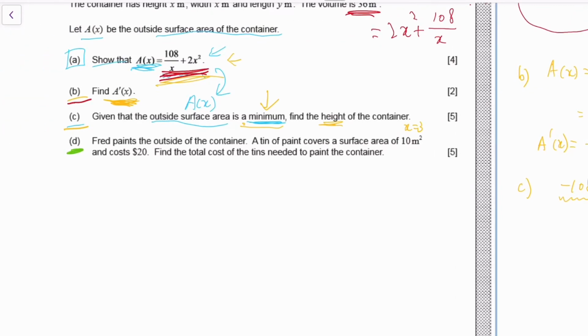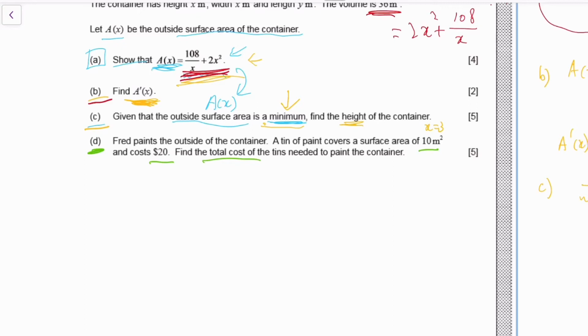Lastly, Fred paints the container with a paint. So every 10 meters squared, it would cost $20. Find the total cost. Okay, so we need to find the area, right? So we know the height is 3 now. So the area is A of 3. Area is here, obviously. Over 3 plus